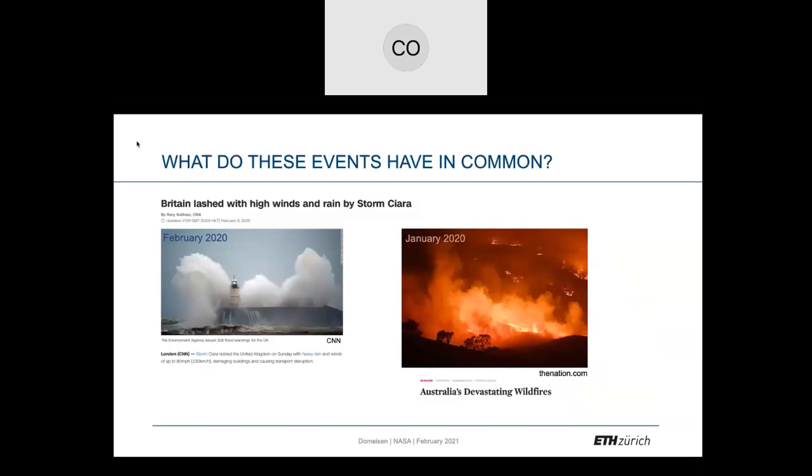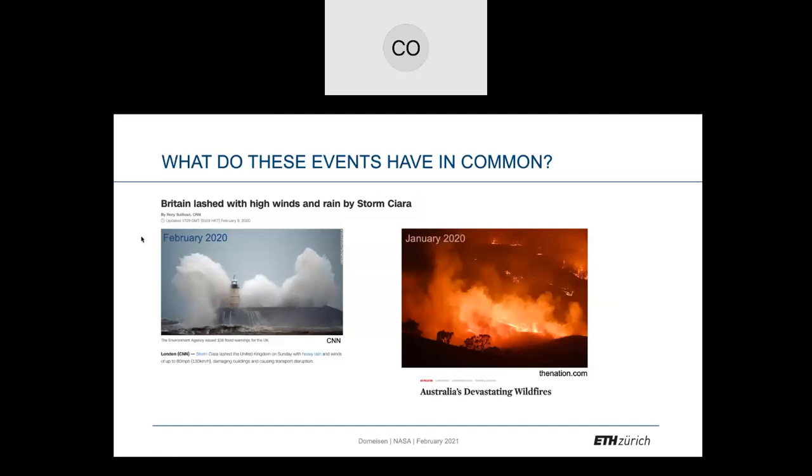I'd like to point out 2 events that, if we hadn't had a whole pandemic this last year, maybe would have been more in people's memory as extreme events of 2020. In terms of weather extremes in 2020, we had one event in February 2020, which was a series of storms that hit the UK. One of them was Storm Ciara, and there was Storm Dennis, and so on. They had extremely high winds and lots of rain. There was lots of flooding in the UK following this storm series.